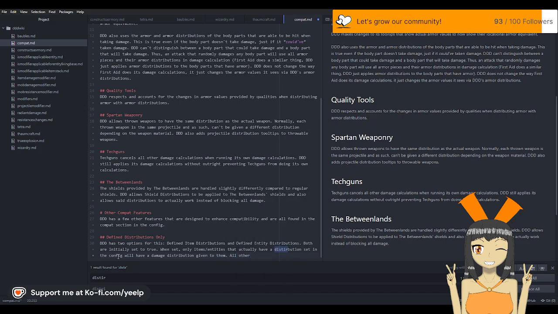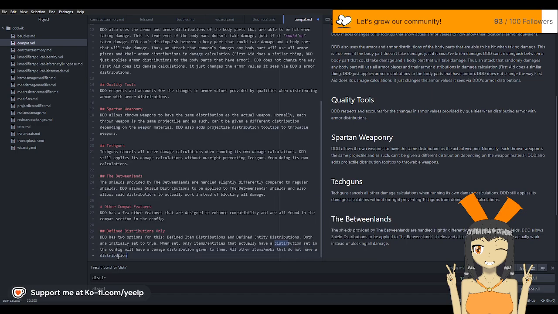All other items slash mobs that do not have a distribution listed in the config will instead use a default